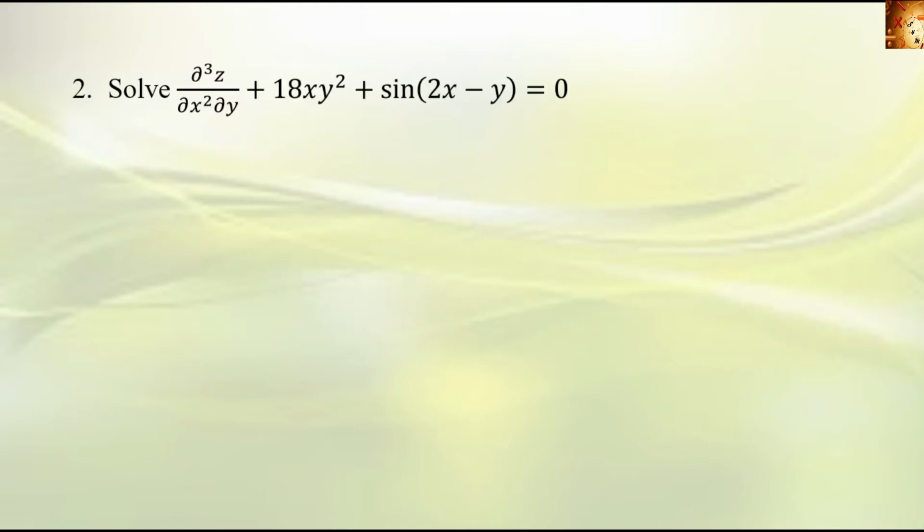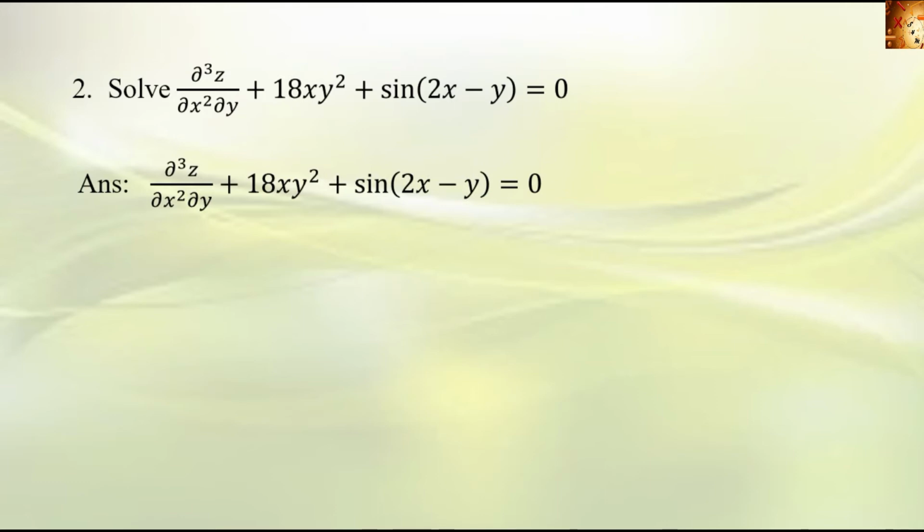Second problem, solve dou cube z divided by dou x square dou y plus 18xy square plus sine of 2x minus y equal to 0. Here the order is 3, so this is a third order PDE. This is the equation. Here z is the dependent variable and x and y are the independent variables. Check that the denominator is dou x square dou y. So we want to integrate with respect to x twice and then integrate the expression with respect to y once. Okay, so starting with